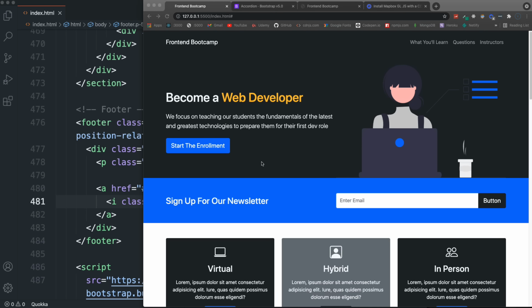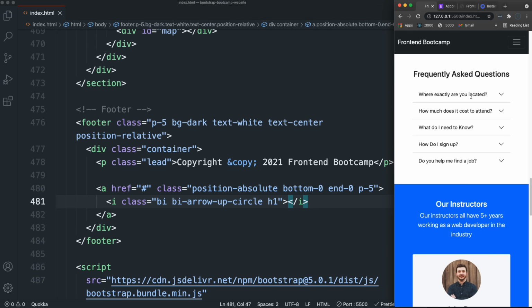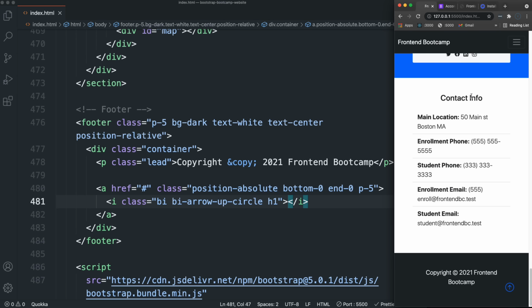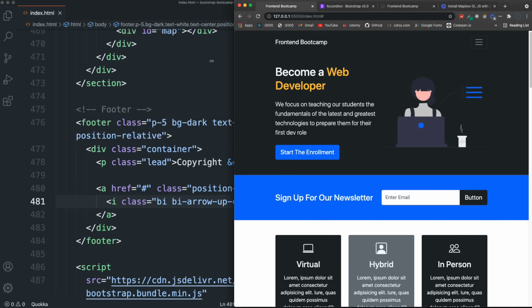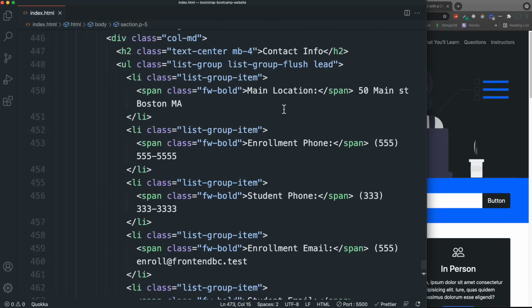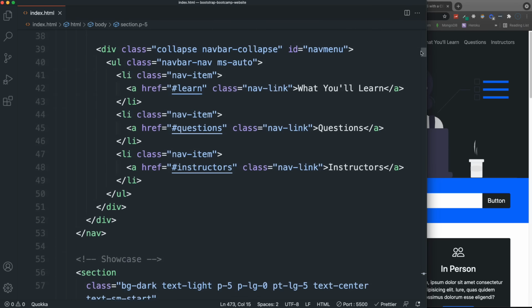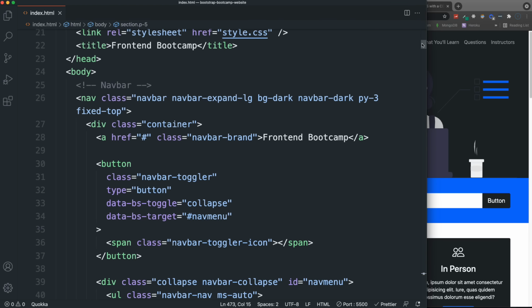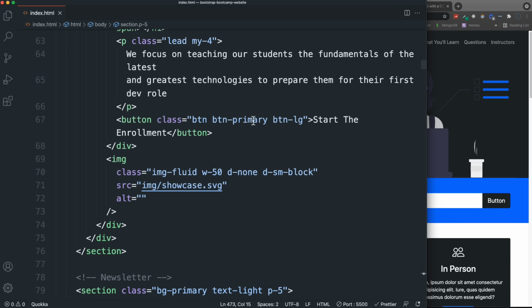All right, so the last thing we have to do is the modal. Let's just make sure this looks good on mobile. So everything should just be nice and stacked. Good. All right, so the modal, let's go back up to the button. So the button in the showcase, which is right here. So we have this button that says start enrollment, and we're just going to want to add on